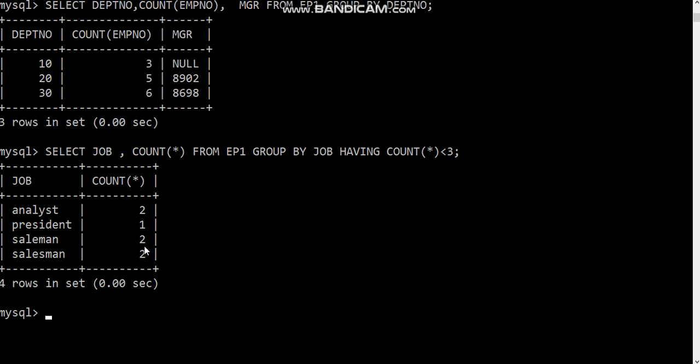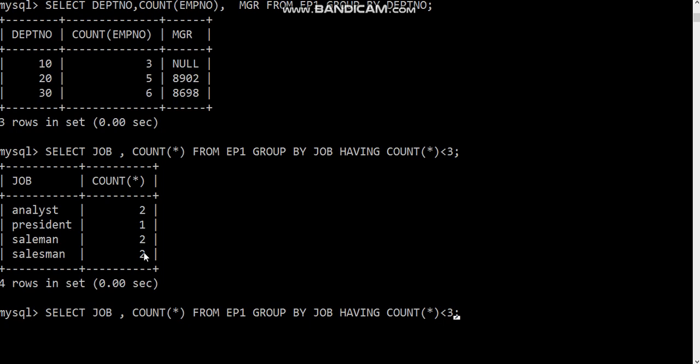Then the next query, using the same aggregate functions. Now what I will do, I'm removing all these.